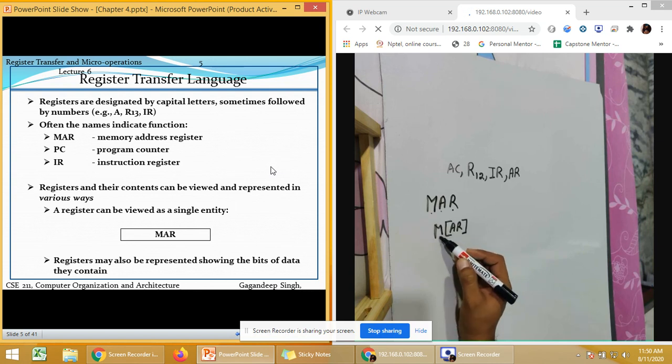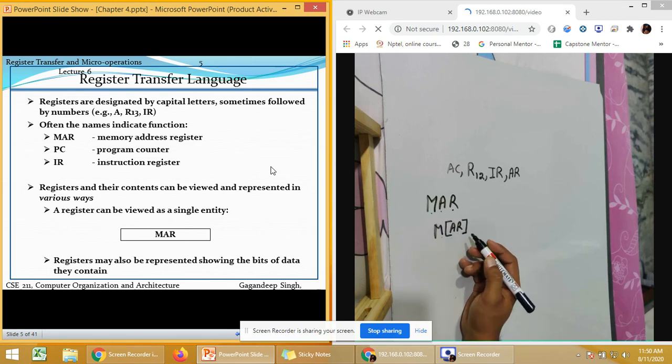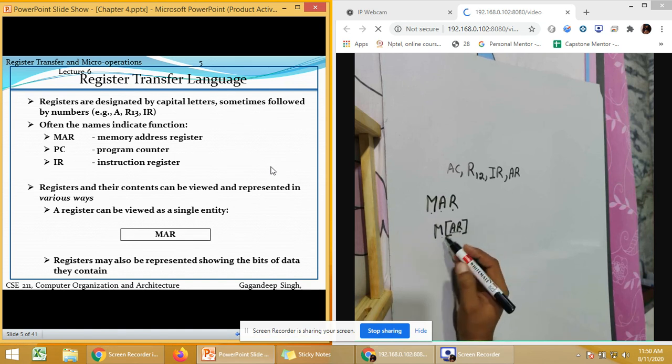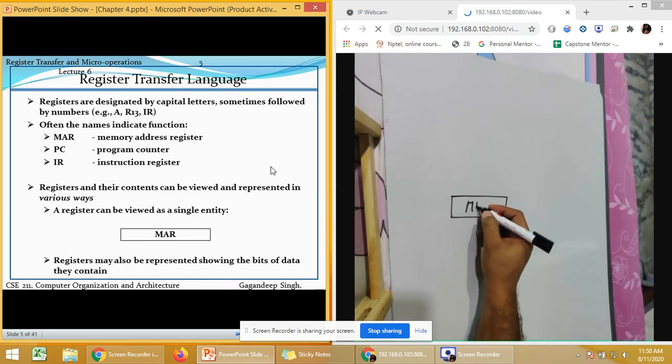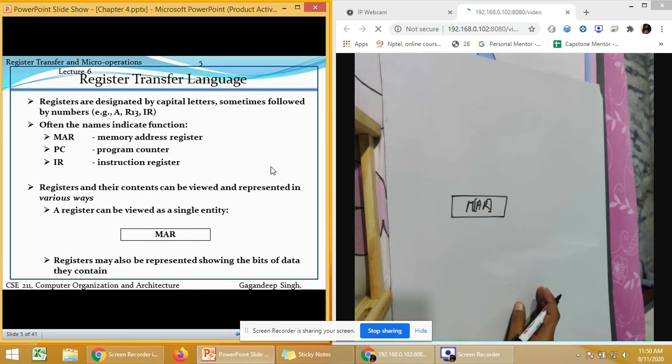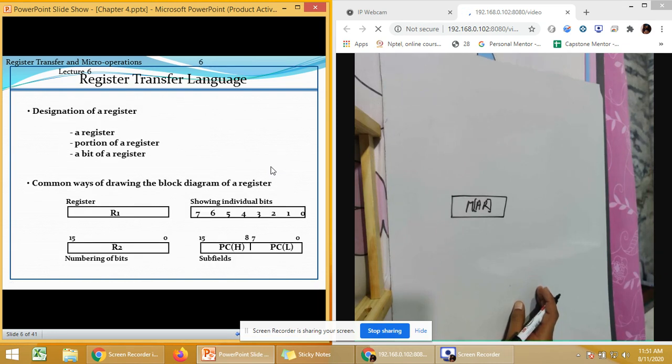So this address needs to be there for any type of operation on a memory. Memory always requires an address, whether you want to read from it or write anything into it. So we need access to the address. That is why we always represent it as MAR: memory, and this is for address register. If we want to represent this, we can represent it like this, as a register. Either write this or write this, it is the same. Now moving to the next representation.